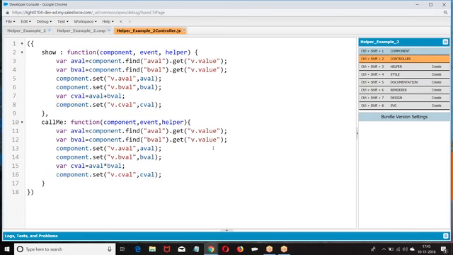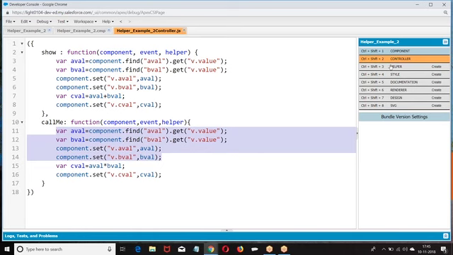This is how we are doing. If you look at this code, this part of the code is common in both cases.